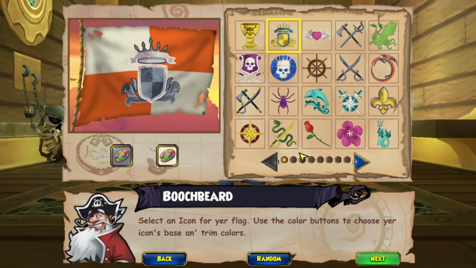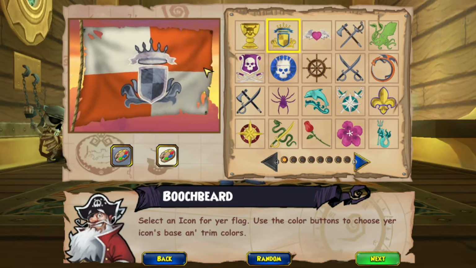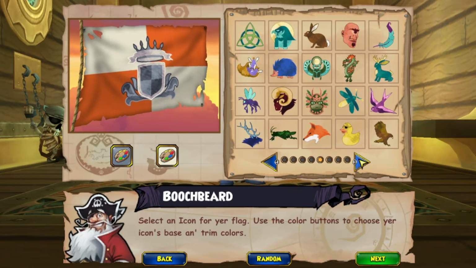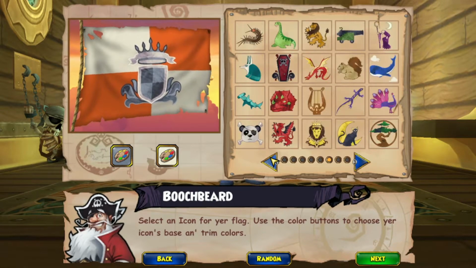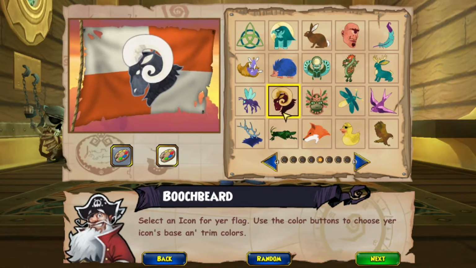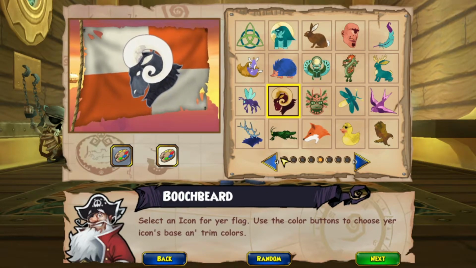So with the flag, what the flag means is you get a ship later on. So when we do the tutorial, I'll explain more about ships. So anyways, let's pick our flag. You have a total of 8 pages of choices of what you want. What I did on my Musketeer, because this isn't my main account, this is just an alt account to explain about the tutorial, was